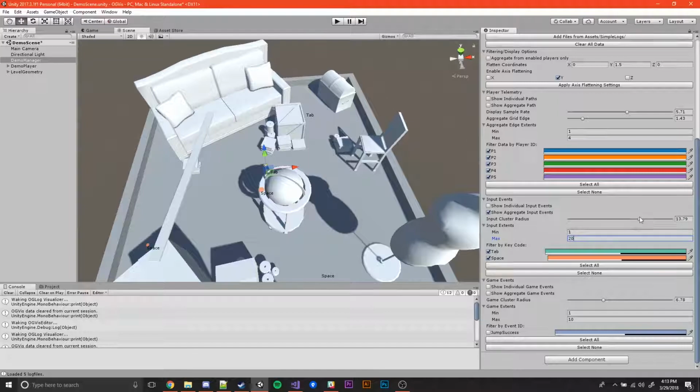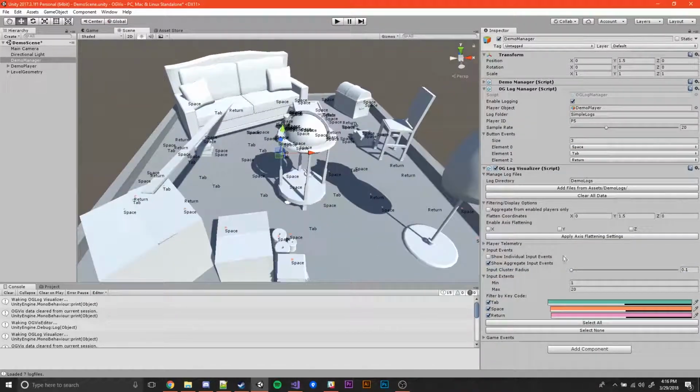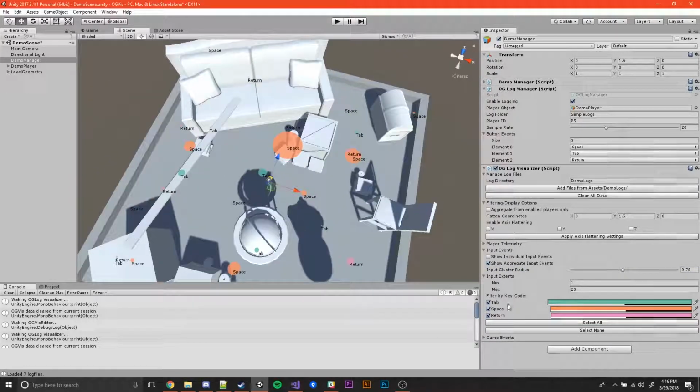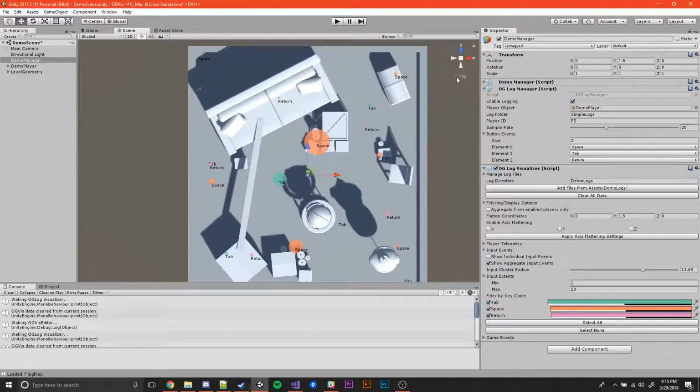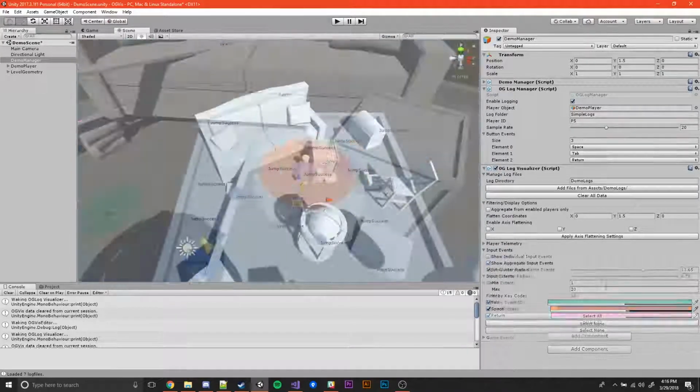Individual events can be viewed for all enabled players, but this becomes unmanageable quickly. When aggregation is enabled, the user can specify a radius to create event clusters, which are scaled to reflect the number of events in the cluster. This provides a summary distribution of key game events, helping developers to understand hotspots of activity and identify potential design